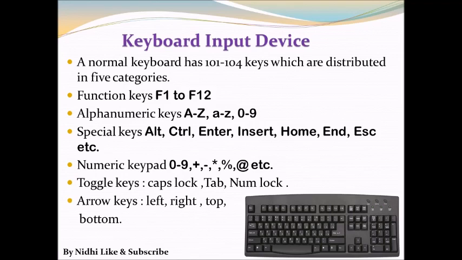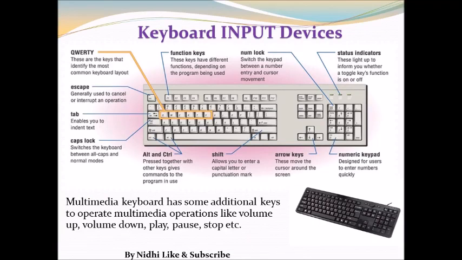And you will find 4 arrow keys on a keyboard that are used for navigation to the right, left, top or bottom. Okay, so this is about the keyboard. Here you can see a picture of a keyboard with the description of its keys. The keyboard is known as a QWERTY keyboard because the alphabetical keys on the keyboard start with QWERTY. So that is why it is called a QWERTY keyboard.